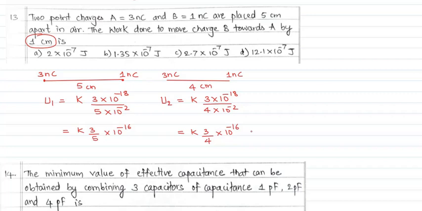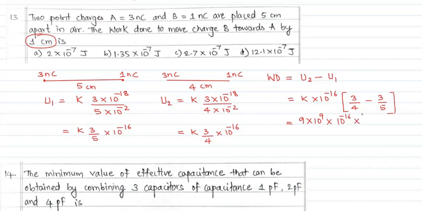Now work done you are required to find. Work done is nothing but the difference in this energy, by the work energy equation. So final energy minus initial energy. Again I will take common K into 10 raised to minus 16. Final means 3 by 4, initial means 3 by 5. K is 1 by 4 pi epsilon naught, 9 into 10 raised to 9. This is 10 raised to minus 16 into